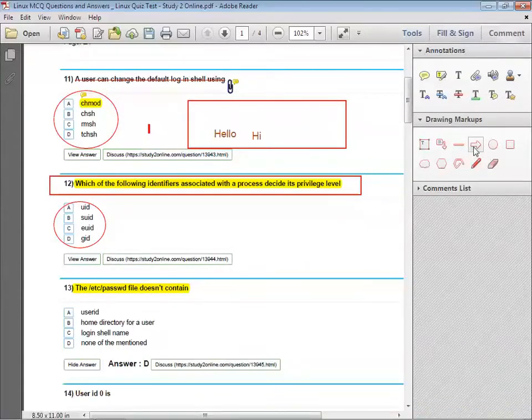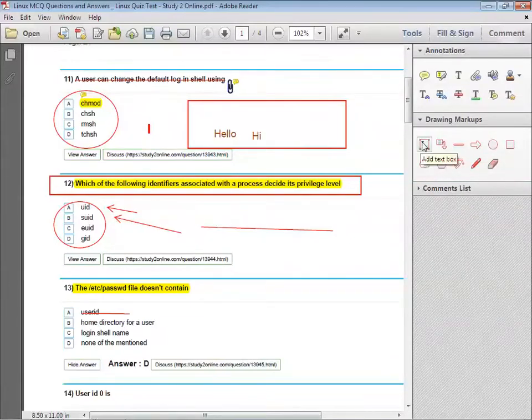We have an arrow operation, so that we are at the first option, that is what is the use of the UID. First one is the UID. Then the second, this one is the second option, we can show with the help of the line. With this line we can show that we are at this first option, that is A option. We can use the different number of symbols which are given.